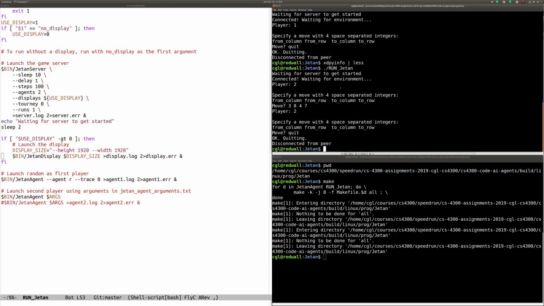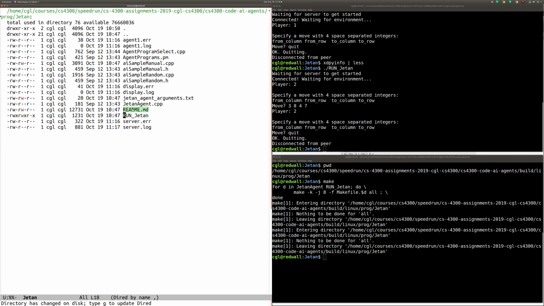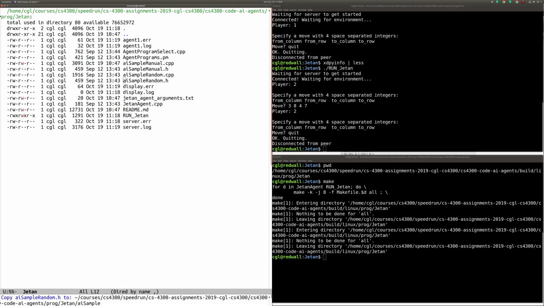The next thing I want to do is go and find some inspiration on how to structure alpha beta agent within Jetan. The first thing I'm going to do is realize that I want my own agent. I don't want to be working on manual or random. I want my own agent, and so I'm going to copy the AI sample random.h into AI,